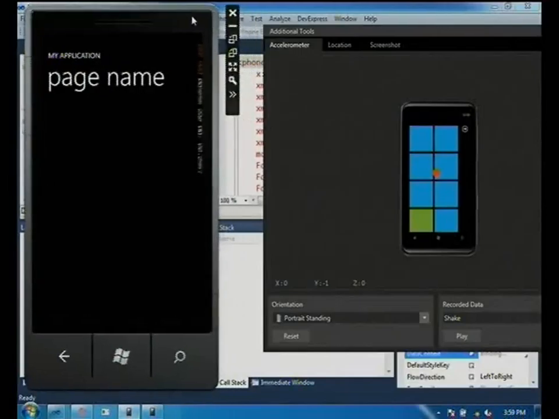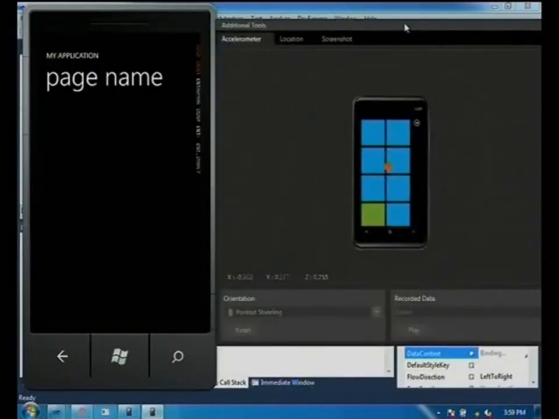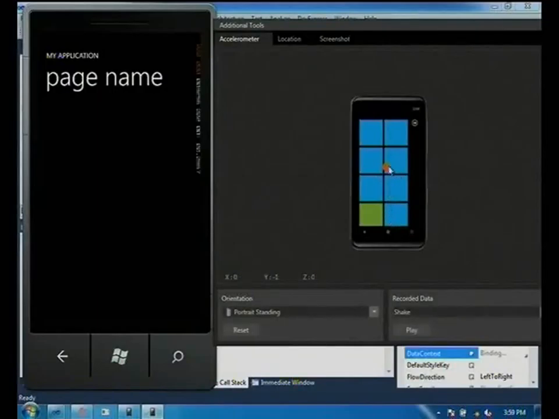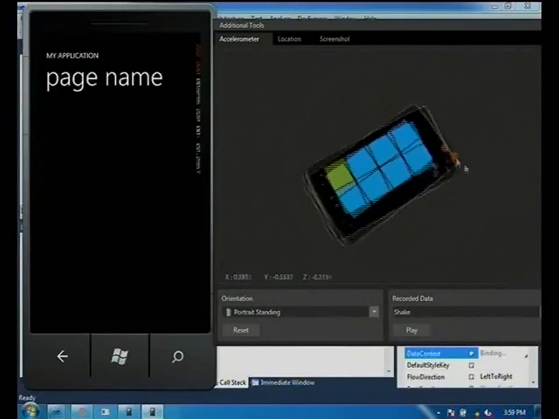So this little squiggly line here is new. Gives you access to this new panel here, the additional tools. So this additional tools section here is extensible, so you can add your own APIs or your own controls, your own functions here that you want to do to make your development environment better. So by default, we give you access to fake an accelerometer. So if you wanted to fake someone shaking the device, or they're flipping, so they're pitching, they're rolling the device.